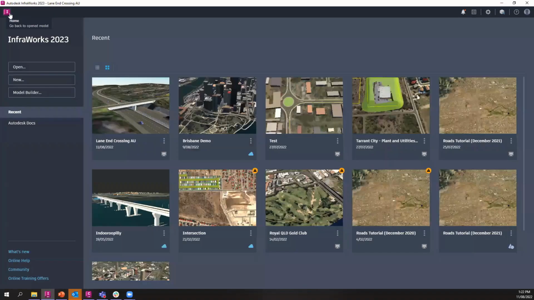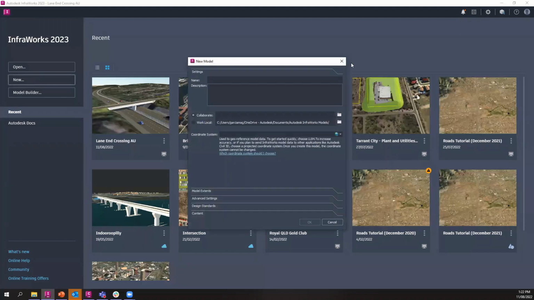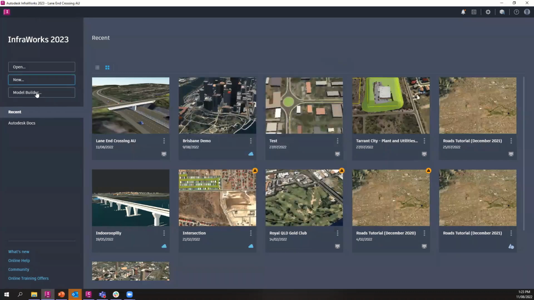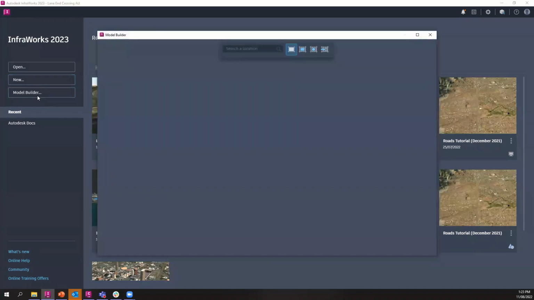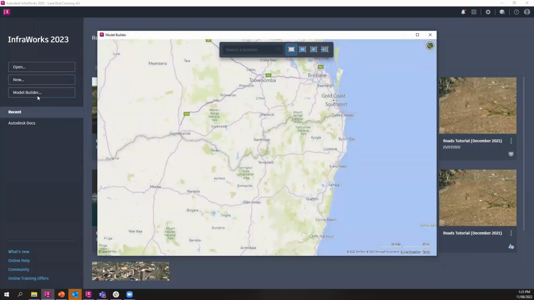So this is the InfraWorks solution. To start a new project, you have two options. You can either click New and begin a project from scratch. But a suggested option will be to start using Model Builder to create a new project. What this will allow you to do is select a project location. So if you, for instance, say Brisbane,